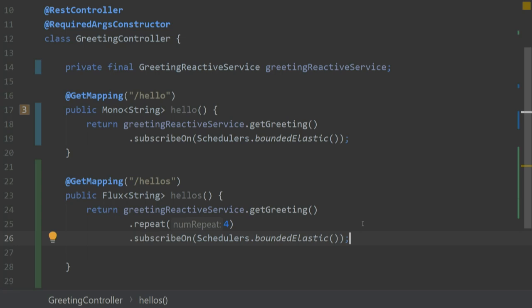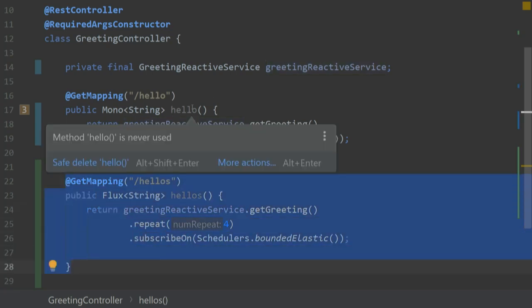Everybody kind of knows already that this is not the best way to do it, because we're starting to repeat ourselves, and that's the one thing that all engineers hate doing. So it's not just a problem because we're repeating ourselves. Even if I were to remove this hello's endpoint and just leave the code for the hello endpoint here, it's